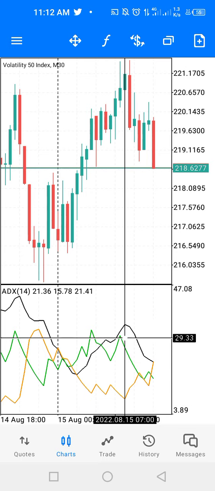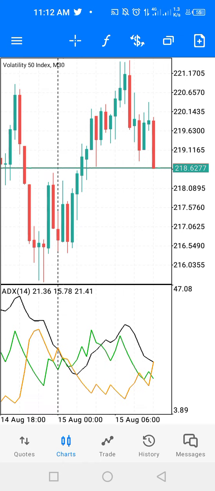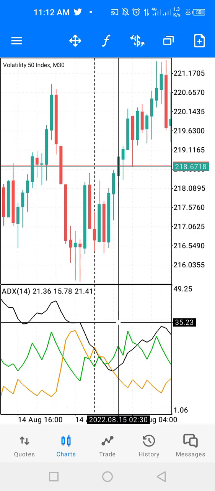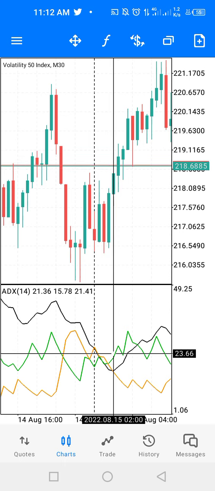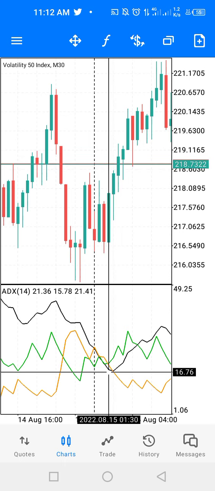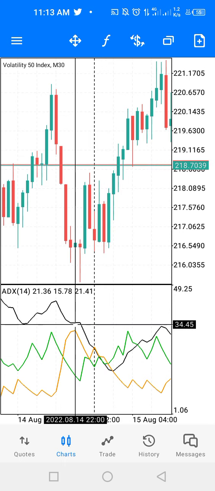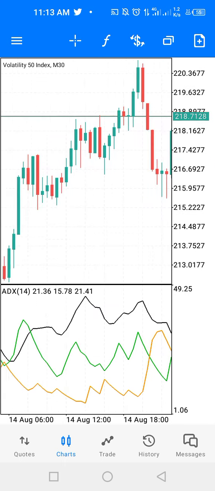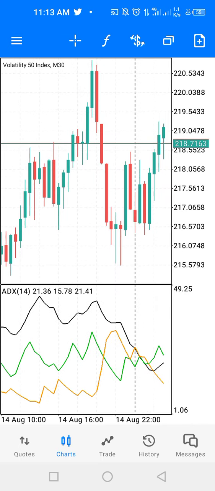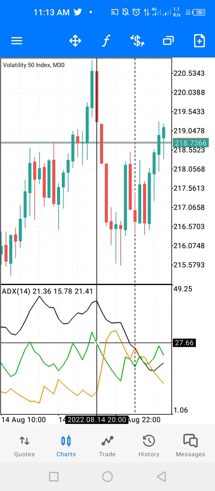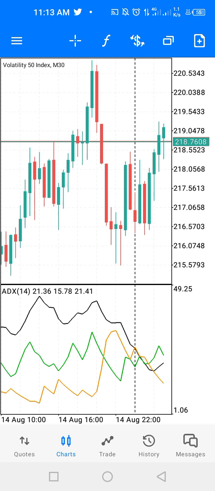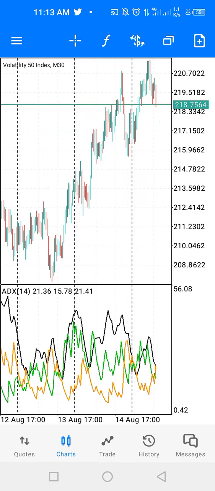line. So for example, now you cannot take anything here because the black line is below the two lines. Take the one in which the black line is above. For example, now you can take this because the black line is above. But as far as I am concerned,